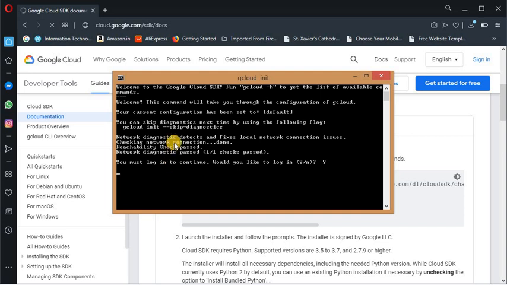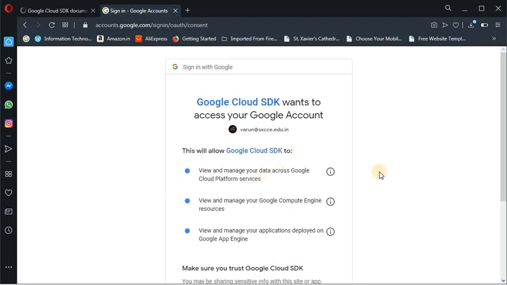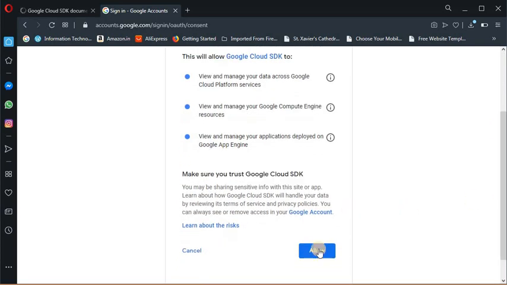Now it will automatically take you to the browser, and it will ask for permission, and you press Allow. Once you click Allow, it will take you to localhost:8085.